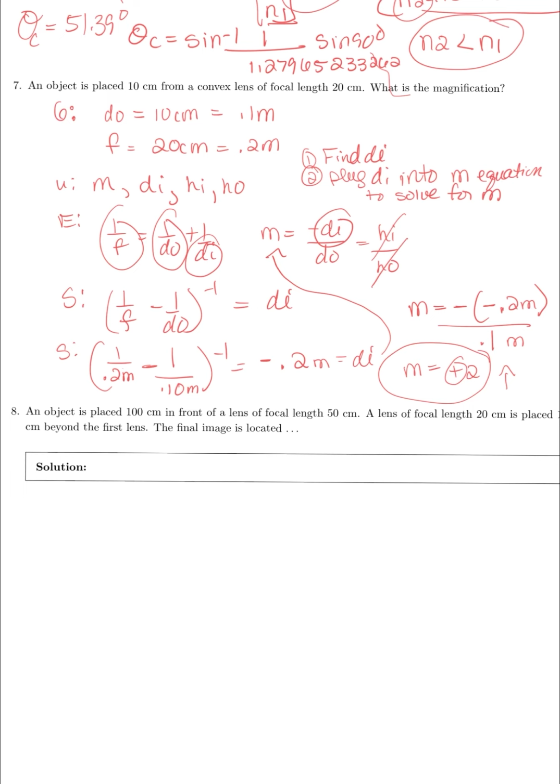And you'll see also that when we got this negative DI, that negative DI means that it is behind the surface of the lens and that it's virtual. A virtual image is where the light rays don't truly cross. And so if you get a positive DI, you know that you're dealing usually with a real image, meaning that